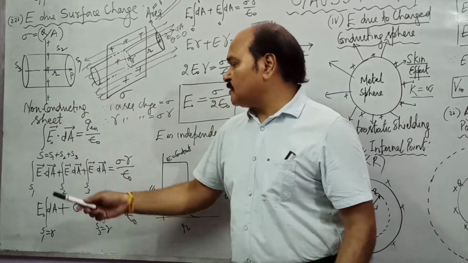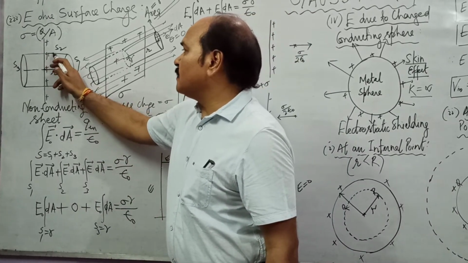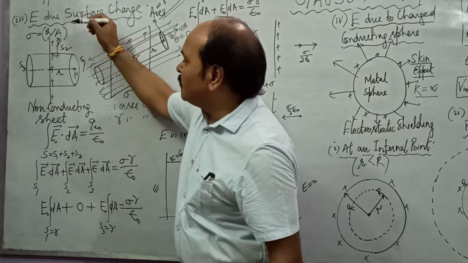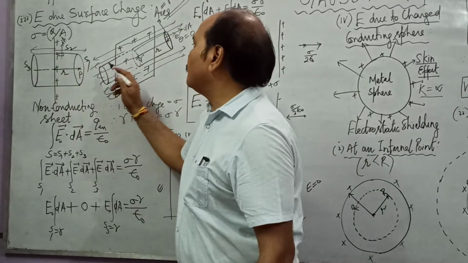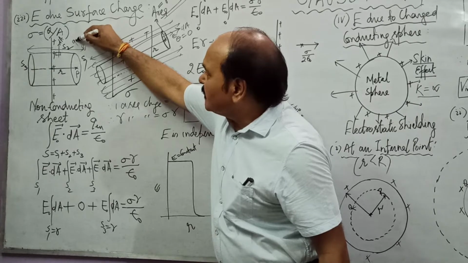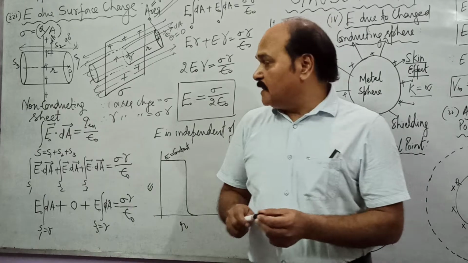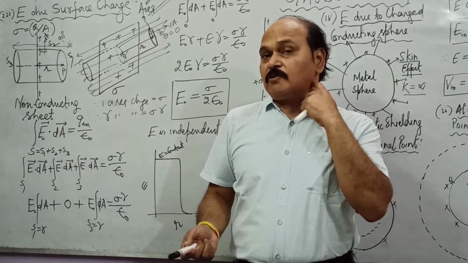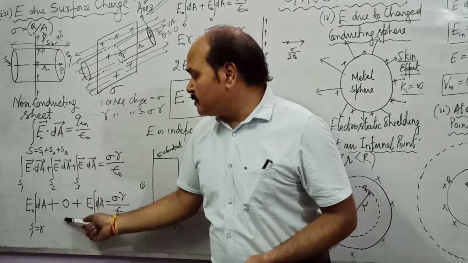What is E dot dA for surface S2? If we take a very small area over this surface S2, the direction of this area would be what? Radially outward. And what about electric field? Electric lines of force are always normal to the surface like this. Therefore, angle between dA and electric field is going to be 90 degrees all over surface S2, that is the curved surface. And since E and dA are perpendicular to each other over the curved surface, the dot product of perpendicular vectors is, we know, already 0. Therefore E dot dA is going to be 0.